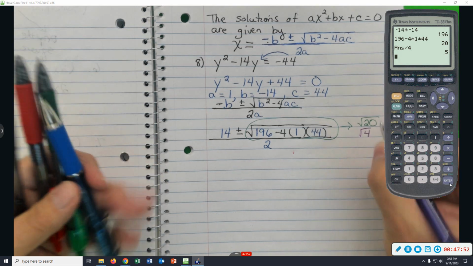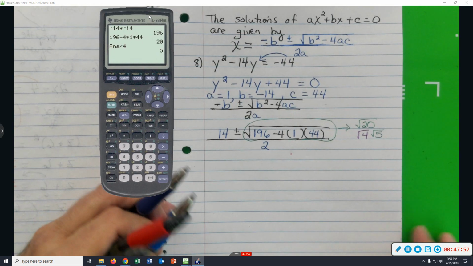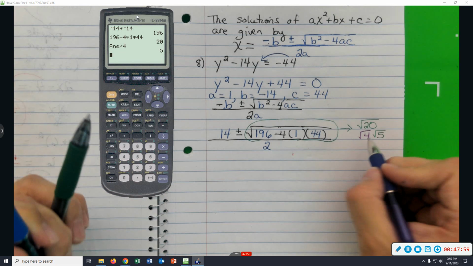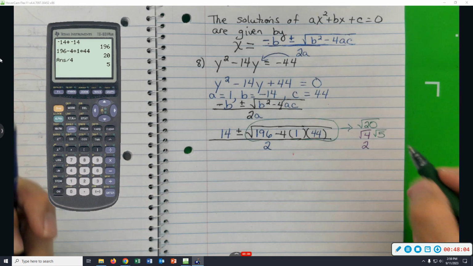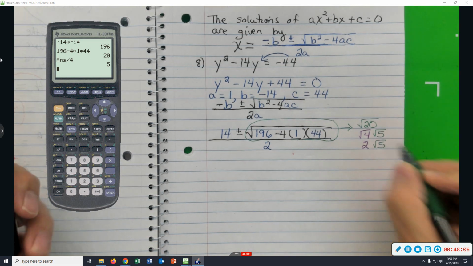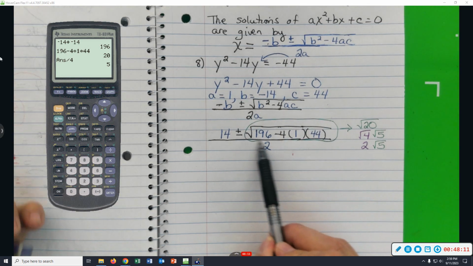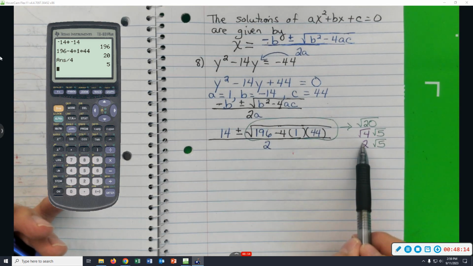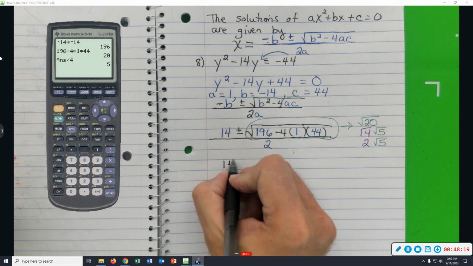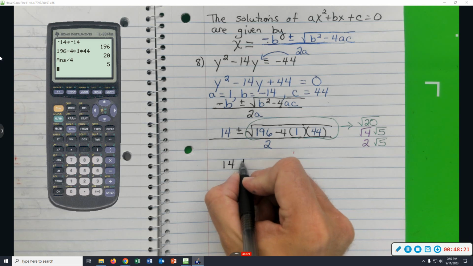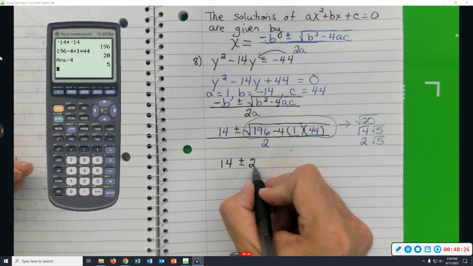The square root of 4 is 2, so I have a 2 and a square root of 5. I'm replacing all of this with 2 square root of 5. I'm going to write it with just one color to make it look cleaner: 14 plus minus 2 square root of 5